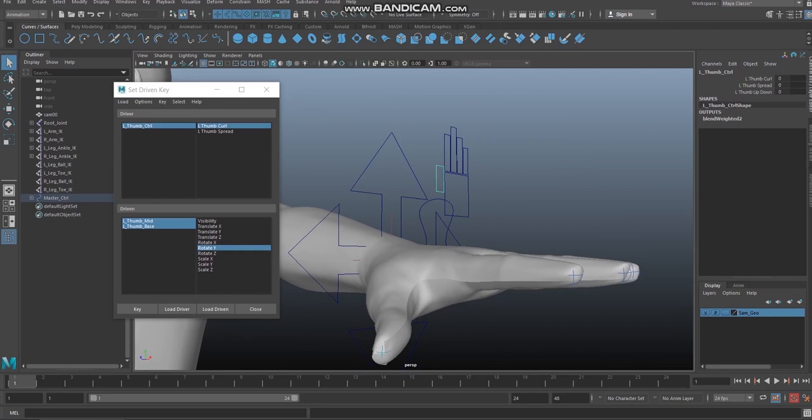So I'm going to select it here, and I'm going to the set driven key. I'm going to reload it again because we have dynamically added one more control. So I'm going to give load selected as driver. Now you can see the thumb up and down has come here. So I am selecting that,